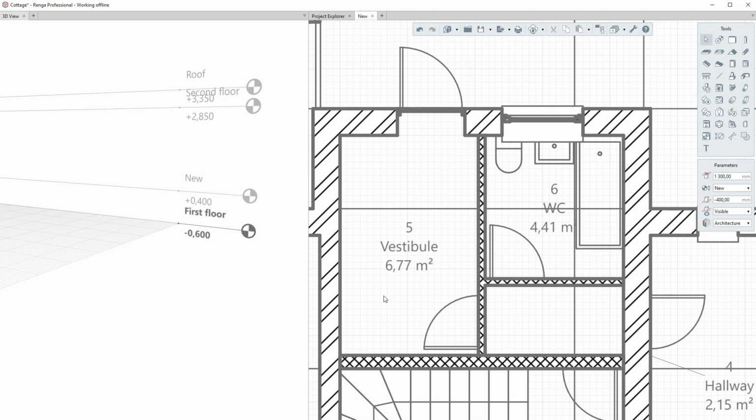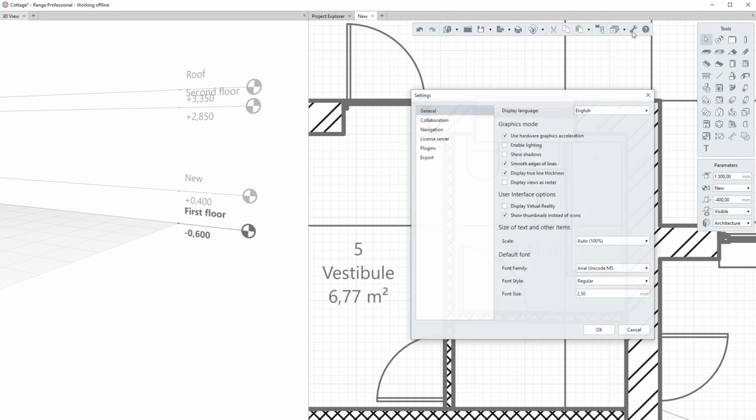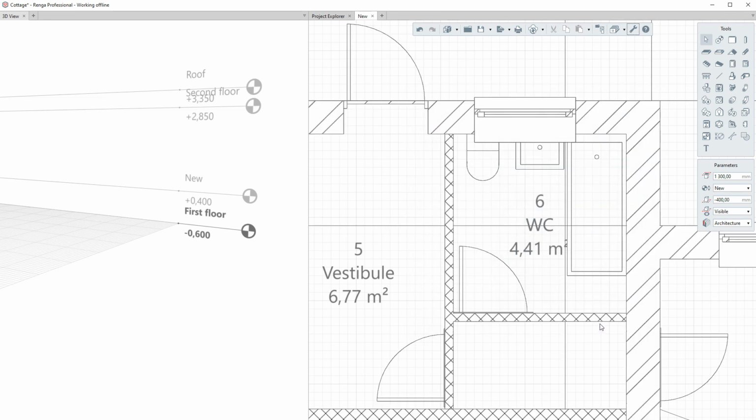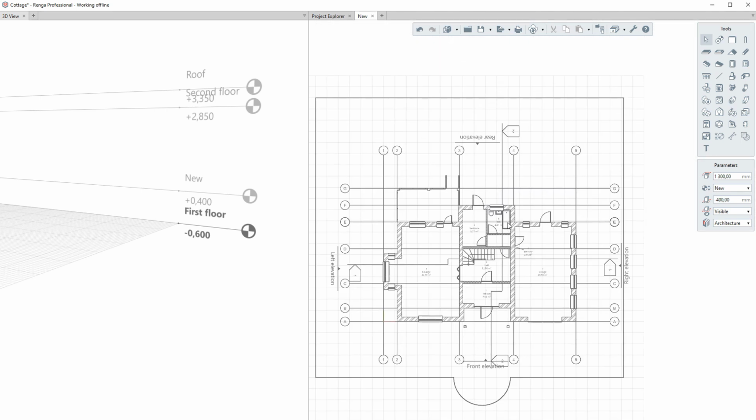If the section plane does not intersect an object that is in the visibility area, then its projection is displayed on the view. To display all objects in the level view as thin lines, disable the Display True Line Thickness option in Settings. The principles of work with tools are the same on both 3D and 2D views, but the cubic, cylindrical and spherical measure modes work only in 3D view.